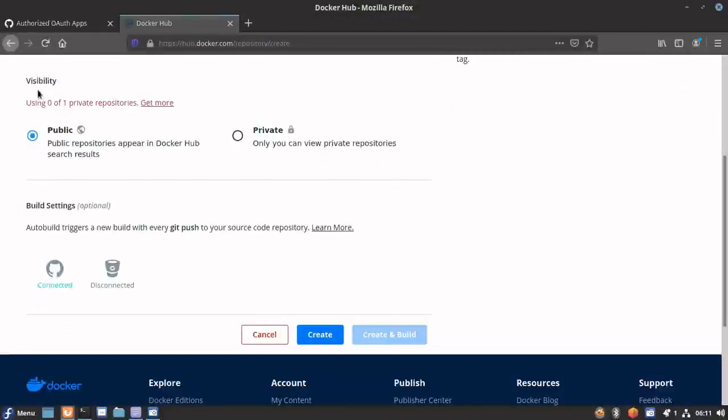Okay. So once that is done, I have selected visibility as public, and this is the build setting, which is required for us to make automated builds possible using Docker Hub. In the build settings, you need to click on GitHub, which you want to use, and you can do create.